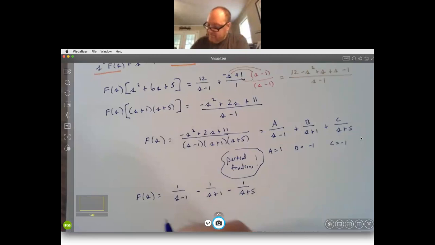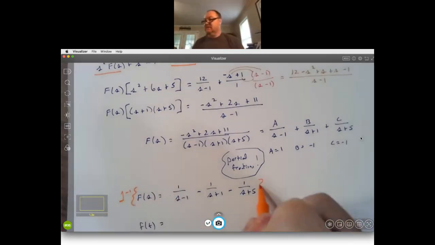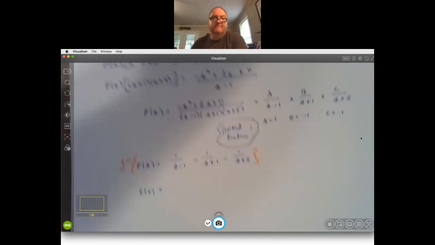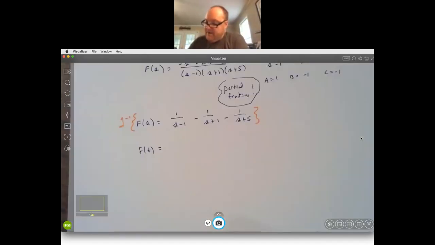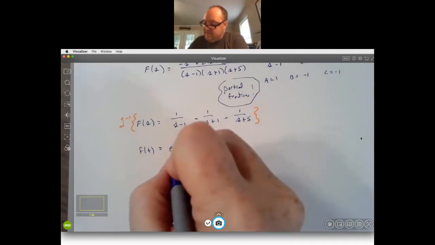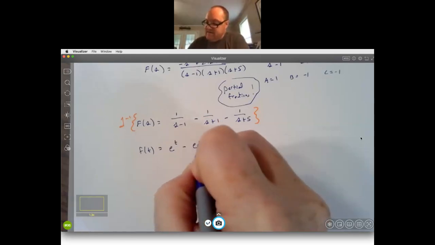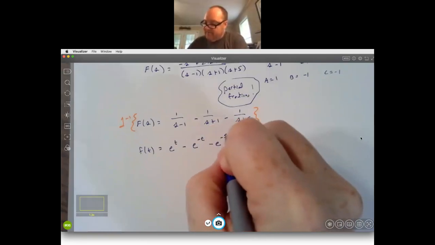And so I believe, again, if you need some things in your notes, this is the inverse transformation of this entire equation. I'm left with 1 times e to the 1t minus e to the negative 1t minus e to the negative 5t